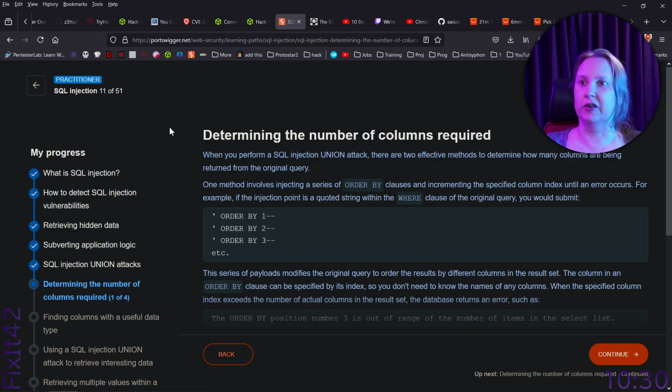Determining the number of columns required. When you perform an SQL injection union attack, there are two effective methods to determine how many columns are being returned from the original query. One method involves injecting a series of order by clauses and incrementing the specified column index until an error occurs. For example,